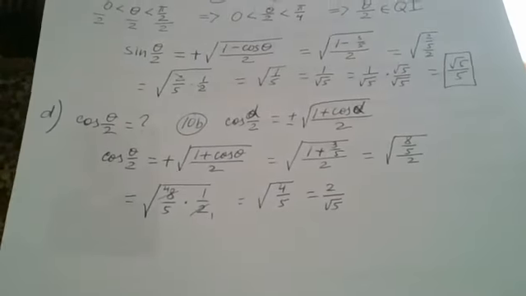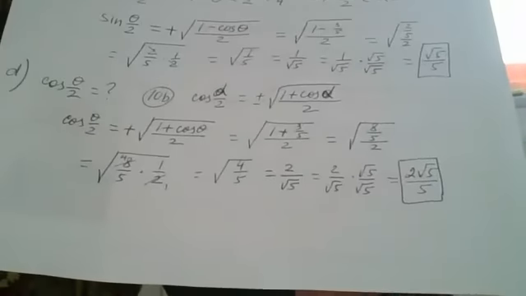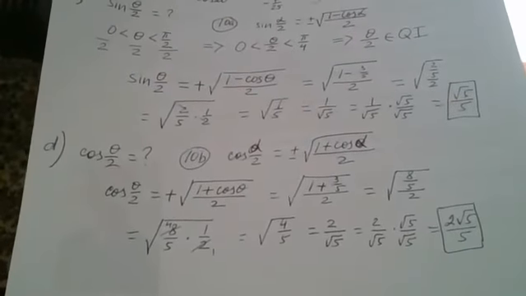And again, I would not keep that square root of 5 in denominator. This is why I will multiply top and the bottom by square root of 5 and proceed to the last step, which will be our answer. So it will be 2 square root of 5 over 5, and this is your answer for part D. We completely solved all these A and B and C and D parts.